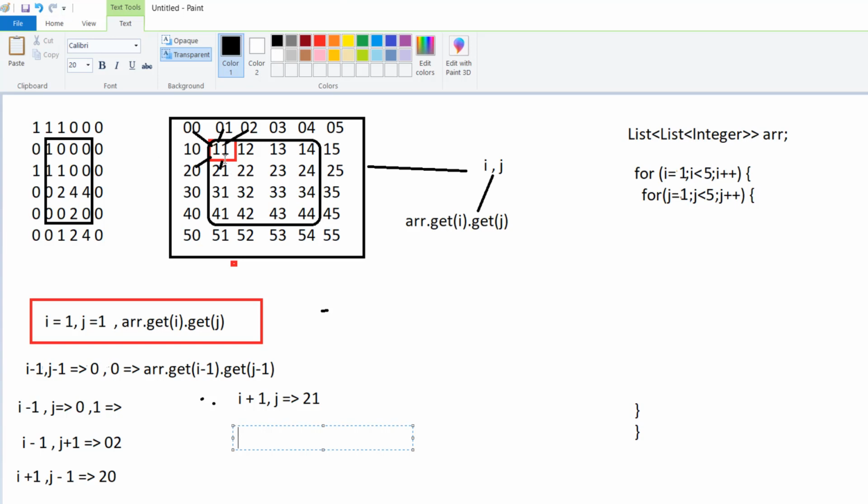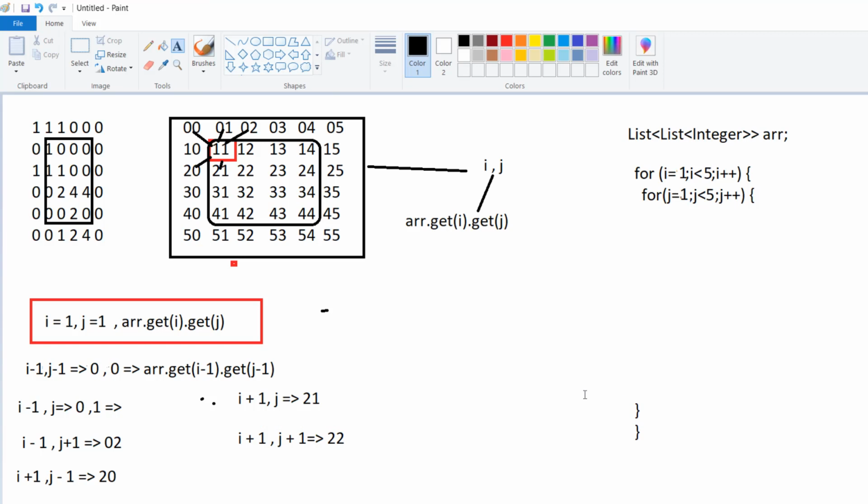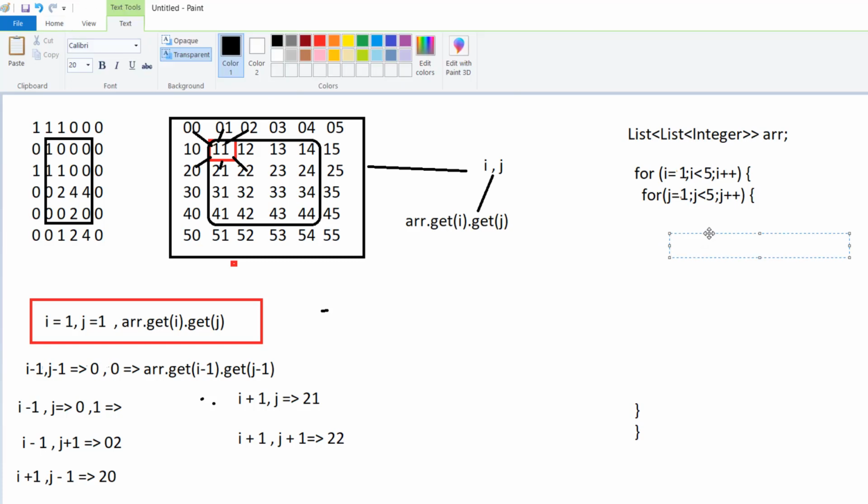Next one is the last 2 and it is very simple. Current value is 1 1, so i plus 1, j plus 1, it is going to return 2. So we acquire all the 7 values with the help of an iteration. Let's write the implementation of all the 7 values and add that one. So how are we going to do it? First of all, I am going to initialize this value here, sum equal to